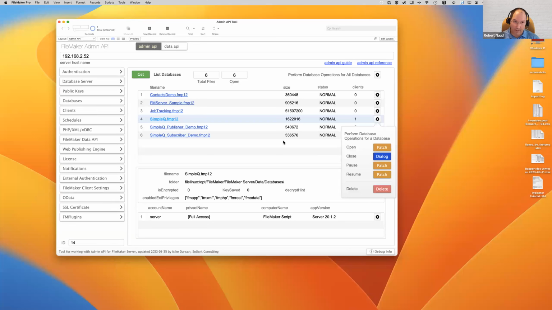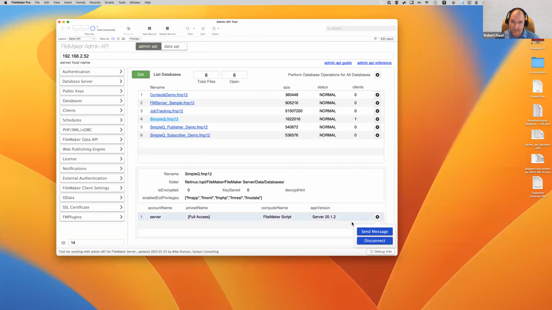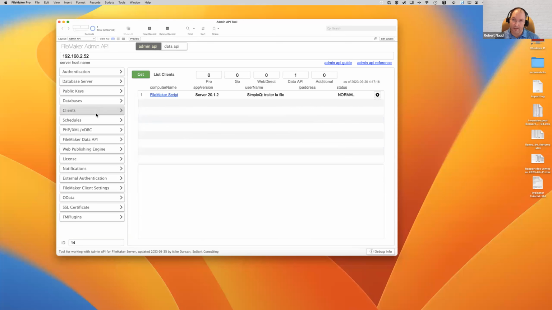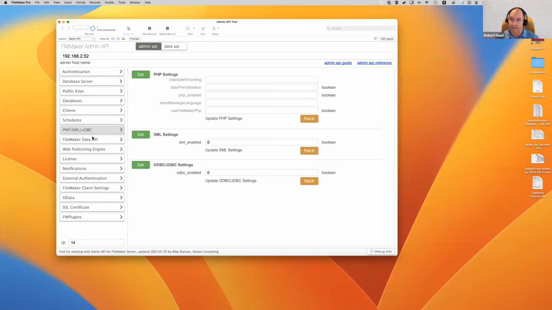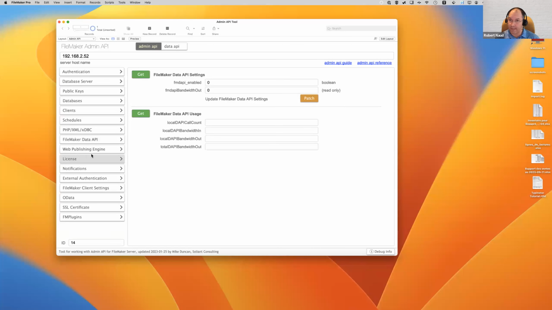So you can open and close any file, and for any connected clients, you can interact with them by sending messages or disconnecting them. So pretty much the things we're accustomed to in the console itself. Again, here a list of clients or a list of schedules, settings for web publishing, for the data API,